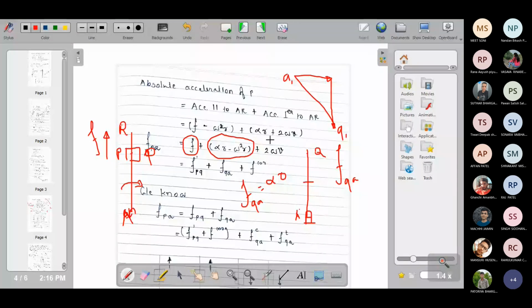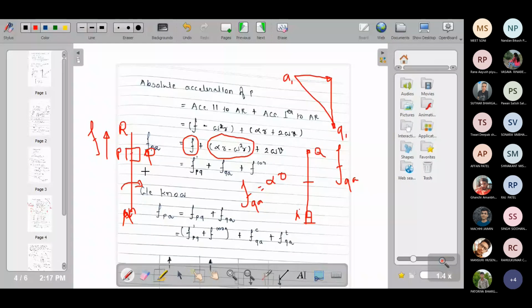Okay. I have not considered point P; I have considered point Q only. Point Q is here and R is here. So the acceleration of point Q with respect to A is alpha R minus omega square R. This is what we discussed in the earlier theory also. But we have to consider the piston also. The piston is sliding upward with some acceleration, so that is why I have taken account of F also.